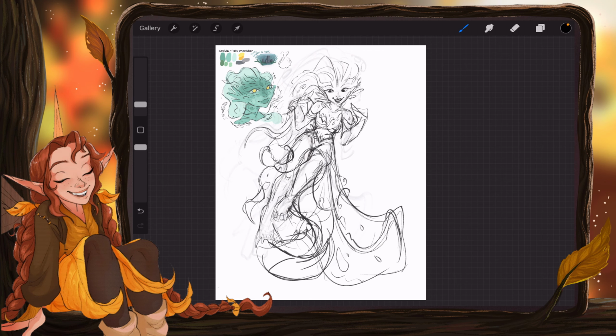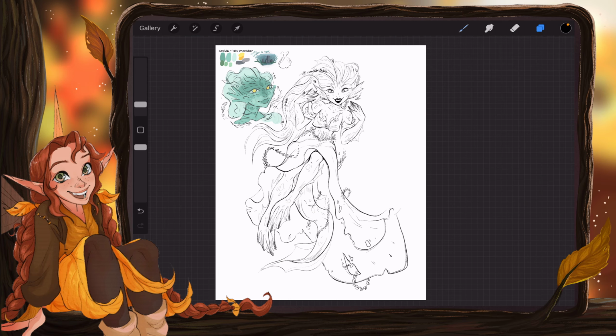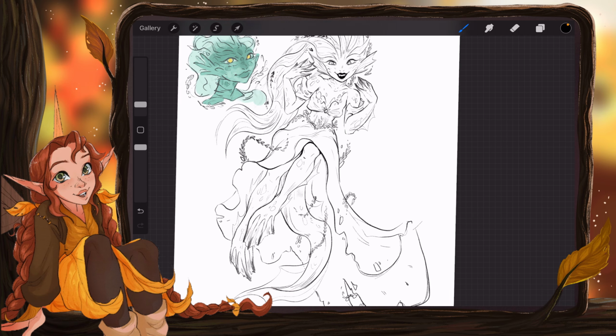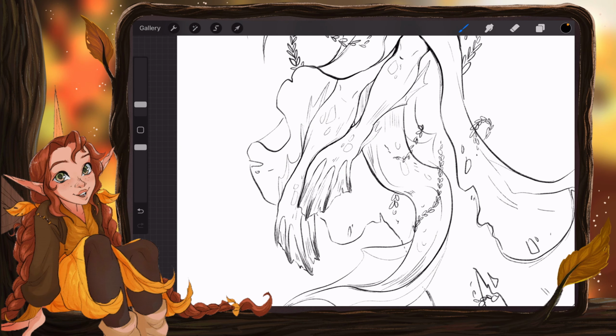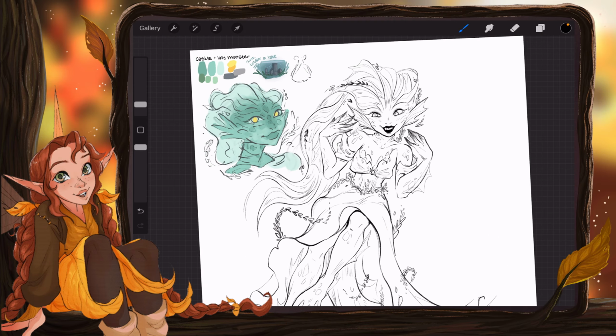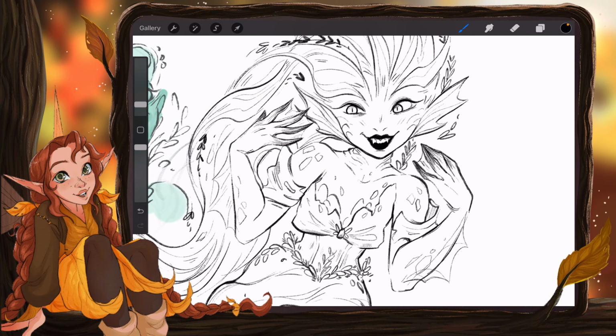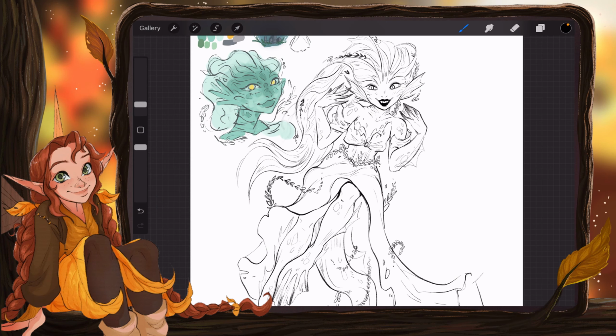Alright, so here was our sketch, and whoops, I had the wrong one. And there is our line art for our little lake monster girl. So first off, let me go over the things that I changed. I made her fins a little bit more fin-like, a little bit less feet-like, because I thought that would just add to the aesthetic a little bit better. I changed the scales on her face to be a little bit more like fins,